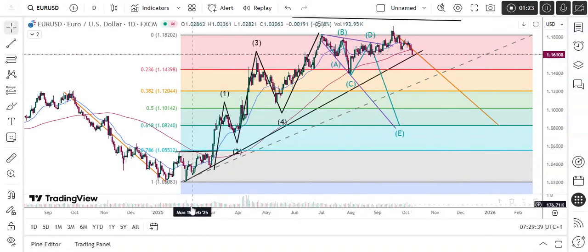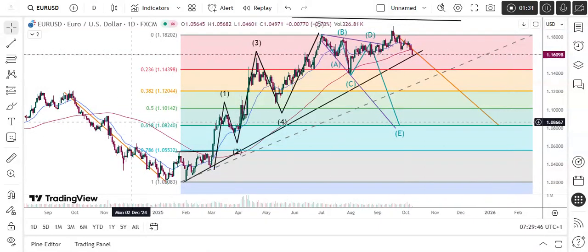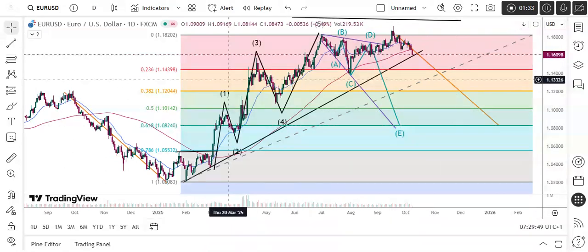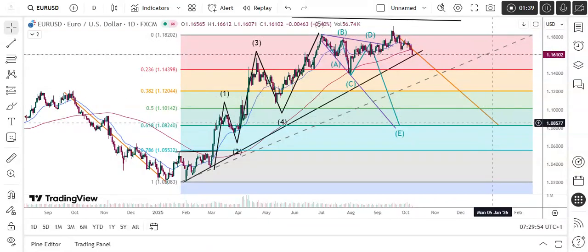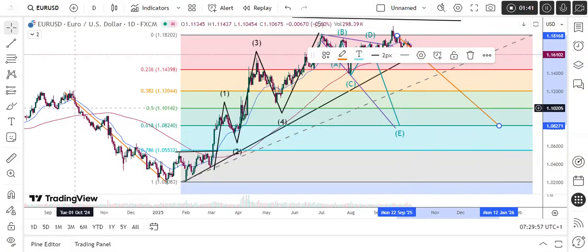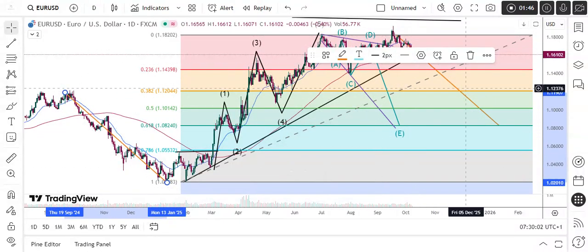Why have I chosen this point? I have drawn a Fibonacci line here, and this is going to be the 61.8 retracement level. In addition, this projection line and this projection line are both 100% projections, which are conjunct with the 61.8 retracement level also. So this is going to be my target.